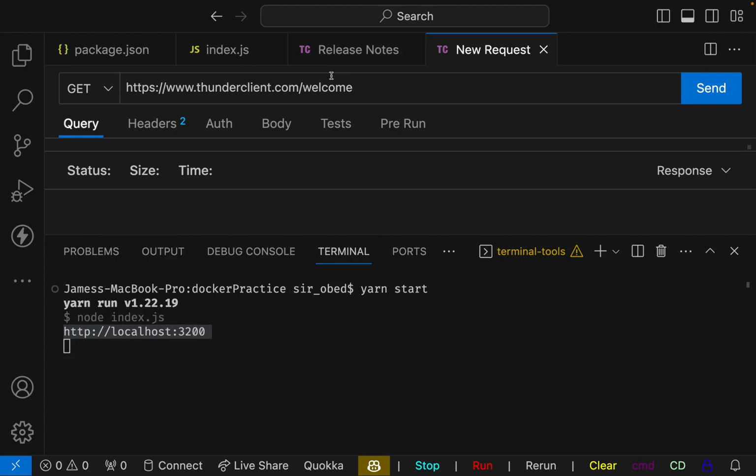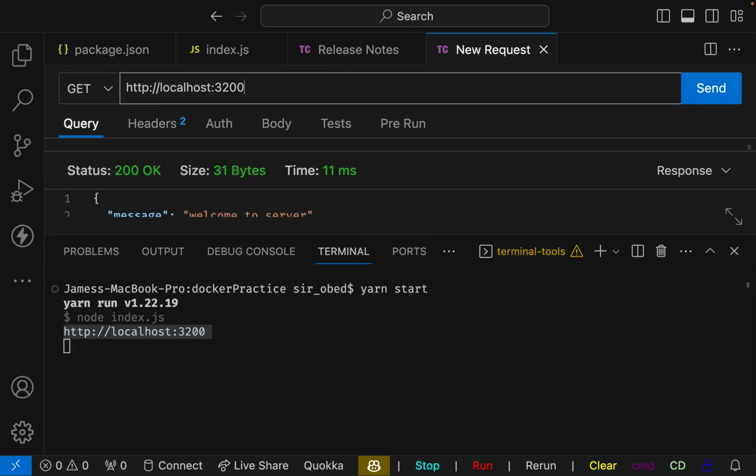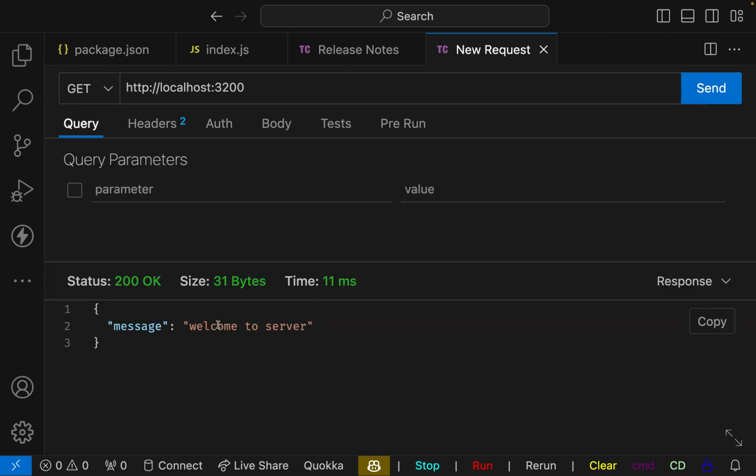Okay, and let me remove all of these and put that in. So once I hit get, you can see "welcome to server", which is the basic address I actually made use of whenever we try to test the default home page. So right now I want to quickly test the all endpoint that will get us every user within